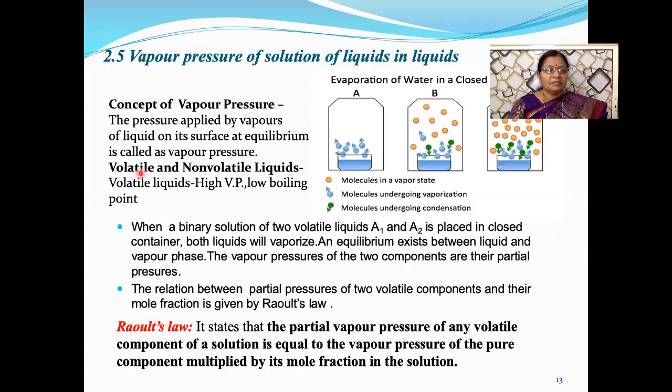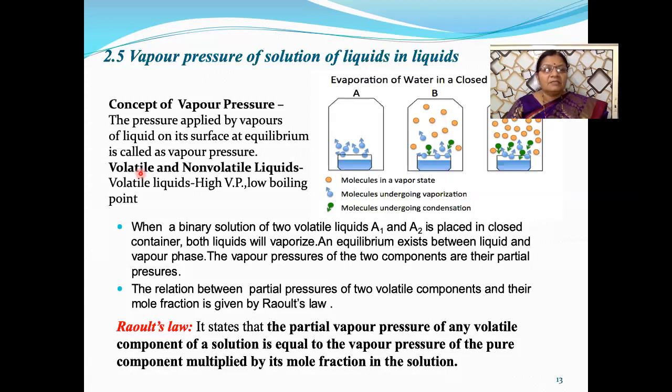Now, what is the relation between vapor pressure and boiling point? Here, volatile liquids, as the rate of vaporization is higher, create high vapor pressure. They can easily vaporize under normal temperature and pressure. And therefore, with higher vapor pressure, such liquids boil at low temperature, meaning they have a low boiling point. Is it clear to you?